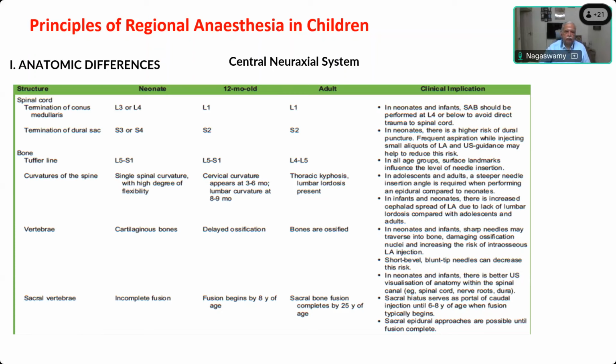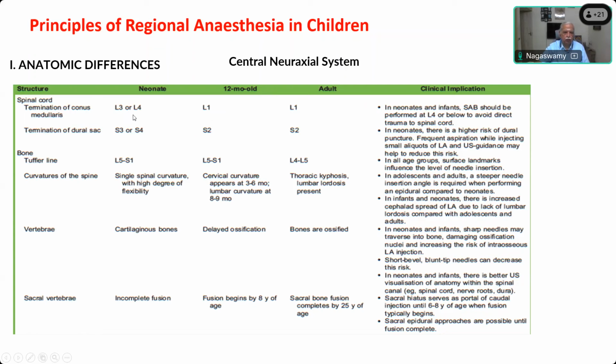So the main thing with the central nervous system effect here, we are worried about the neonate and the 12-month-old child. So the pediatric thing comes, but just to understand, they have given the adult values also. The spinal cord terminates, as you know, in the neonate at a very low level, L3, L4. After about 12 months of age, it goes to the L1 level like an adult. So it is safer to perform a neuraxial block at the L3, L4 space in an older child compared to the neonate. So in a neonate, you can go as low as possible, below L4, L5 or L5, S1 rather